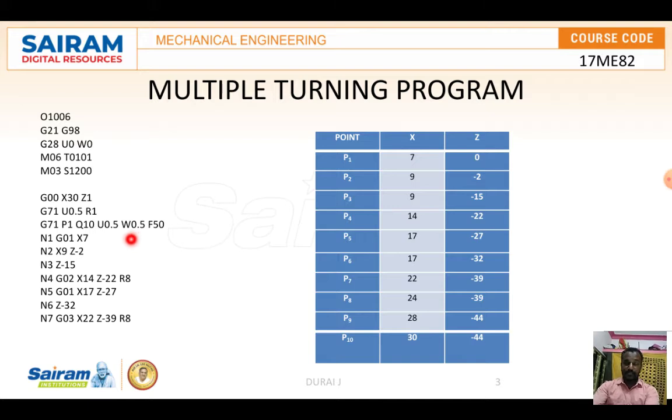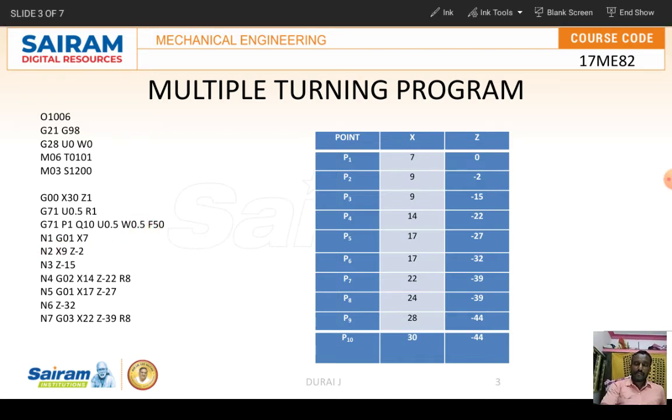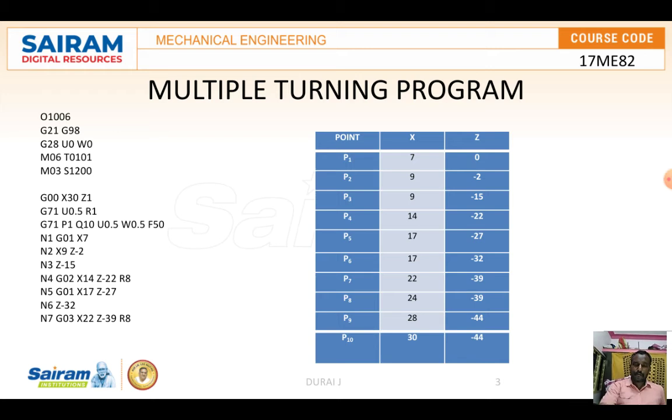These things play a major role. Suppose if 0.5 is given, in total I am going to remove 5 mm of material, which means if you provide 0.5, up to 4.5 will be done by the rough turning. The remaining 0.5 mm will be left. That remaining 0.5 mm we can apply in the finishing cycle command, there we can use it. Then F is the feed rate. Once you complete this, you are going to write the program.